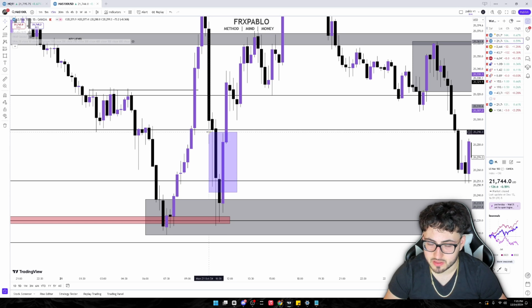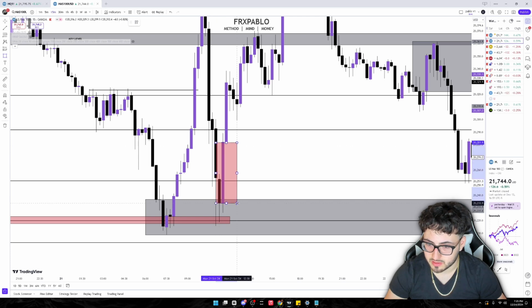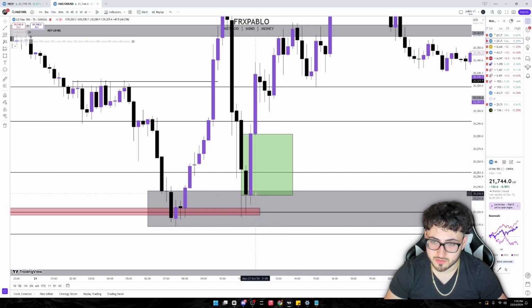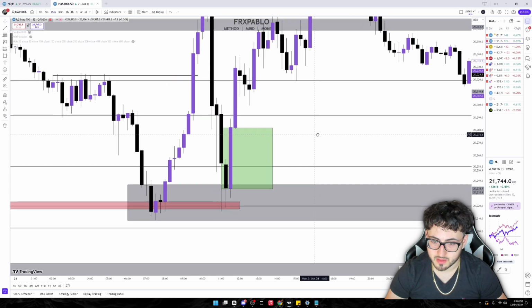So off of here, there is an entry on the 5 minute easily, right? The entry on the 5 minute was most likely somewhere in between here, clearly, right? There was an entry somewhere in between here, and you could have gotten in at any point. That all comes down to your timing and your discretion. But what I would suggest is you want to be very selective with these. You either want to see a bearish continuation or a bullish continuation of two back-to-back bullish candles, or you also want to identify some wicks rejecting off of this area right here, right?